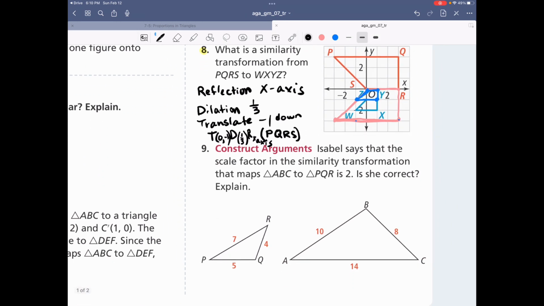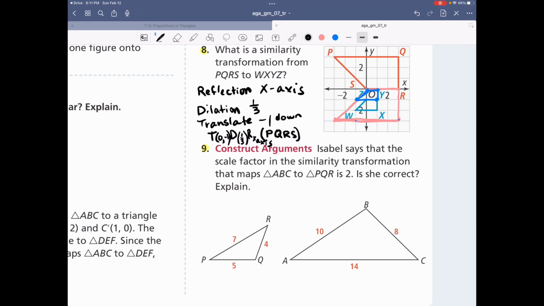Number 9. Isabel says that the scale factor in the similarity transformation that maps triangle ABC to PQR is 2. Is she correct? Well, I can definitely see that from 4 to 8 is 2, but it doesn't look like these triangles are similar. The angles don't look right. So if we rotated it,